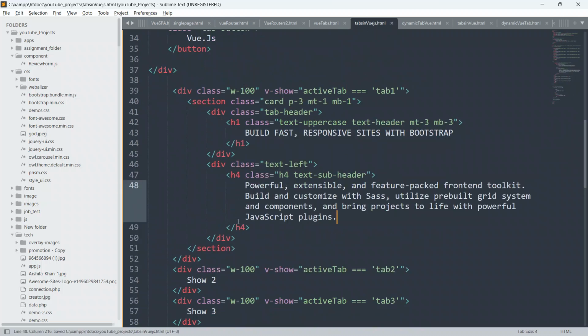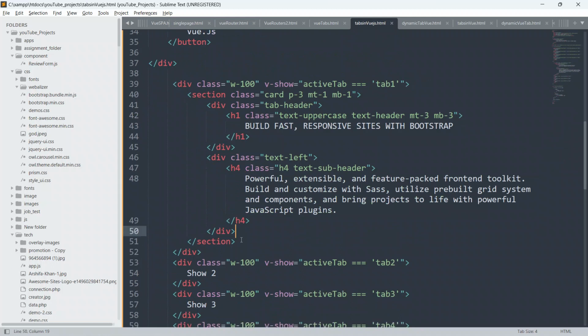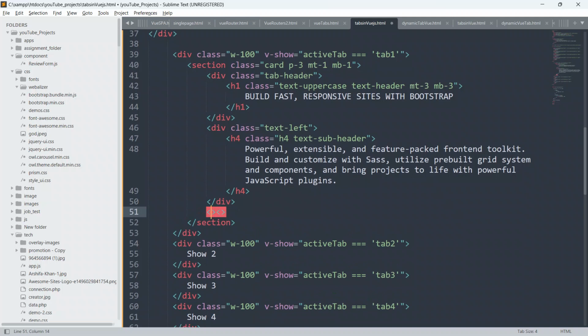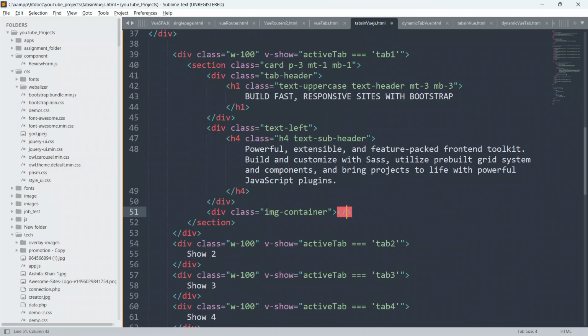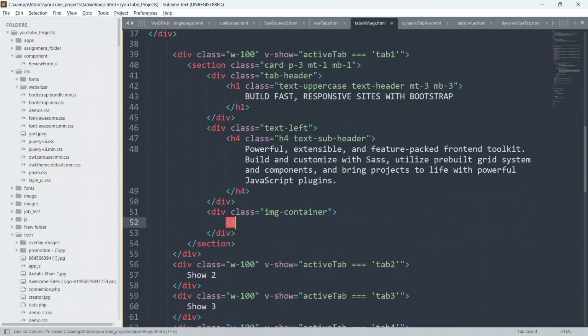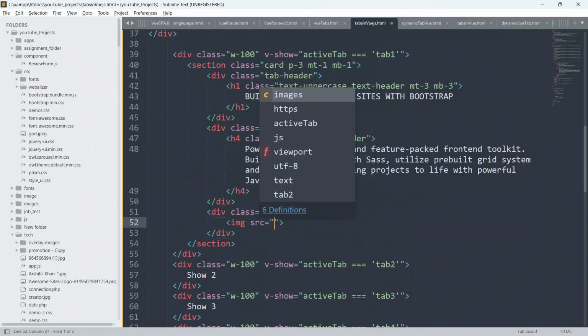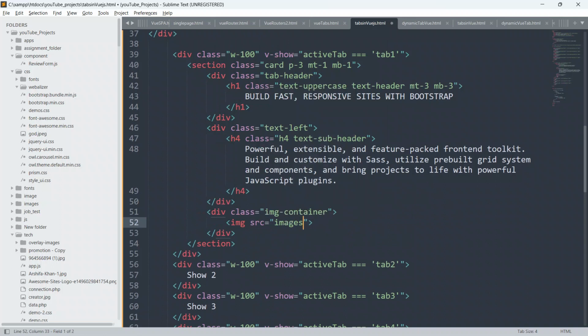So now below this div I'm gonna create another div. Guys, I hope you are getting me. Give the class img-container. It is gonna hold the image tag. Just close this div, and inside this div create an img element. I will give the src as images, because I have got a folder named images, and inside the folder I have got some images also.